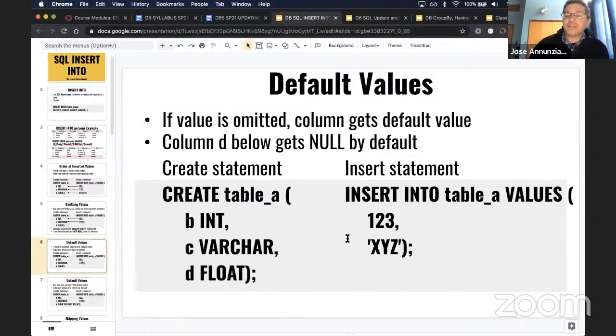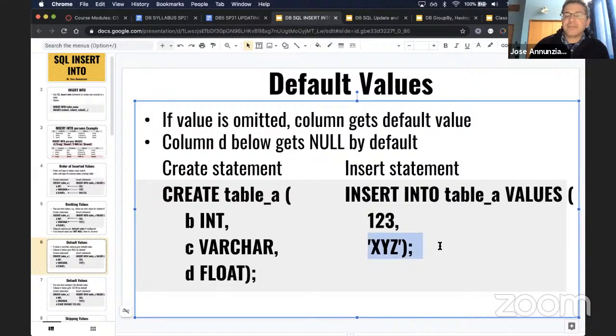Now here, because you didn't provide it before, if you didn't provide it and there was no default, and by default null is okay, right? If you don't want null, you have to specifically say not null. But by default, all fields accept null. So if you don't provide a value for D, by default the value of D is null, not 0.0, okay,